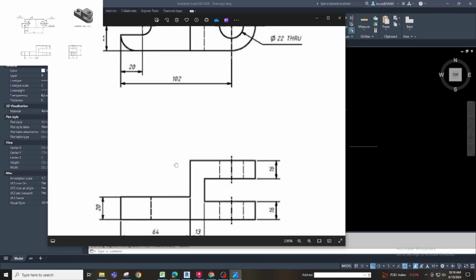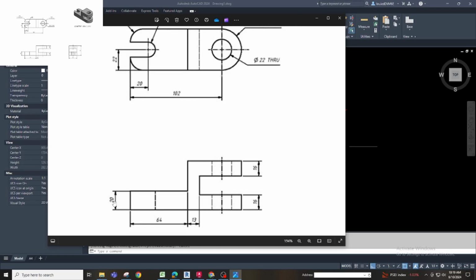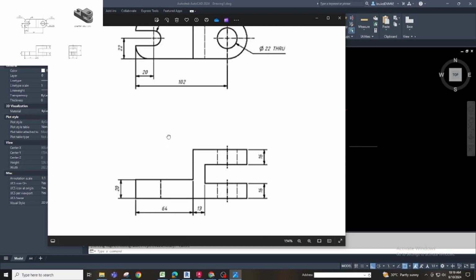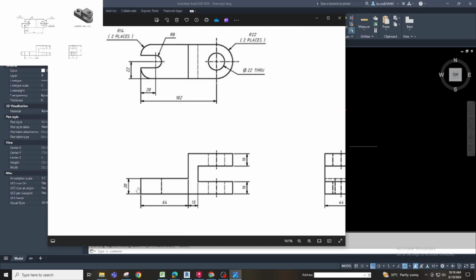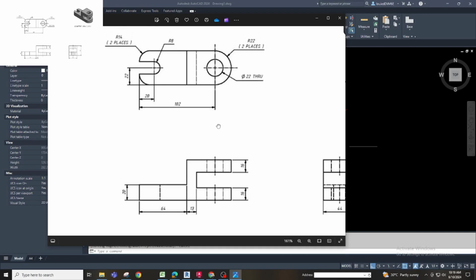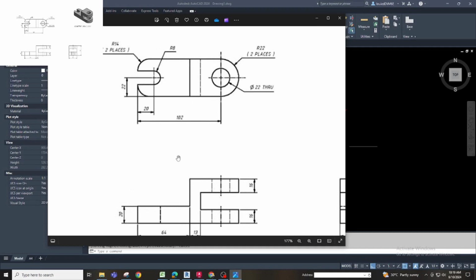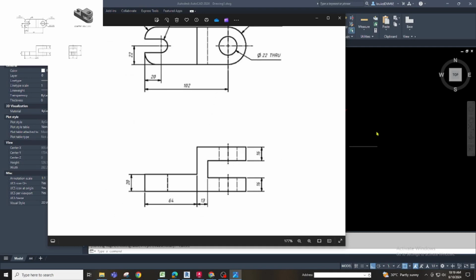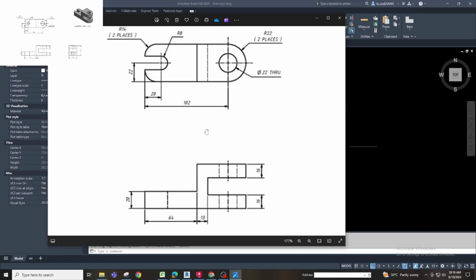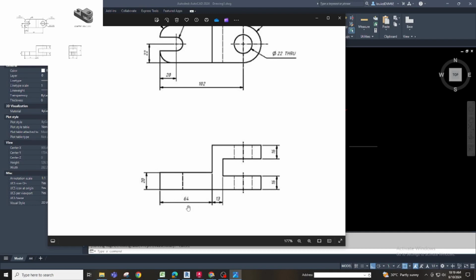Look guys, the thickness of these parts is not the same here, so what you will do is to make this 64.